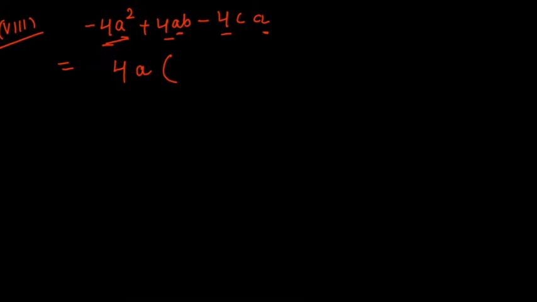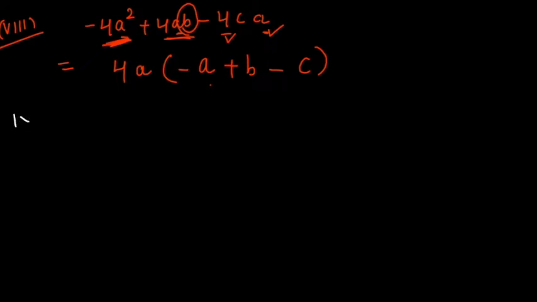Now if I have taken 4a common from here, this minus sign will be as it is. 4 is already common, you are left with a. This plus sign as it is. From this term, if 4a is common, I am left with only b. So plus b. This minus sign as it is. Now from here you have taken 4 common, this a is common. What are you left with? C. So your answer will be, this is not a division sign here, this is a minus here. So this is going to be your answer, 4a into (minus a plus b minus c).